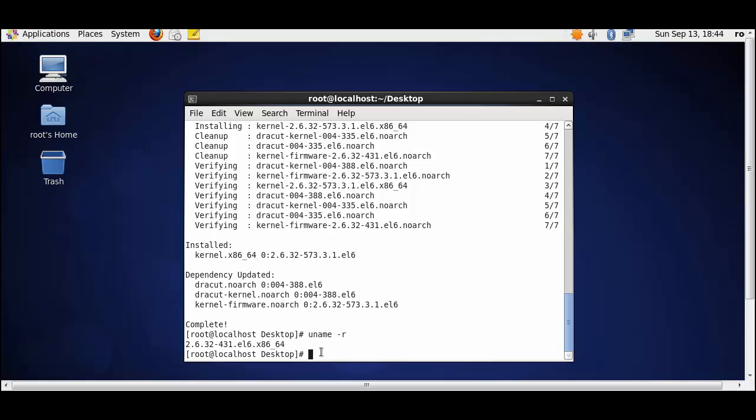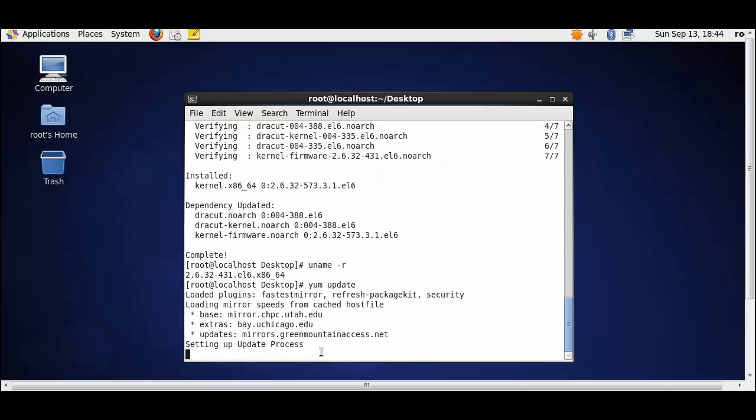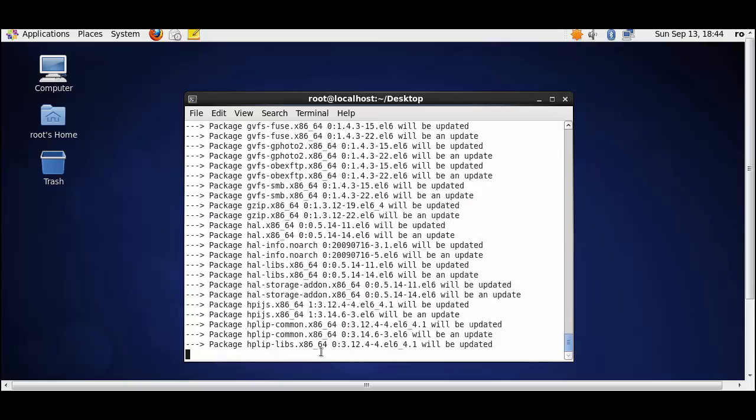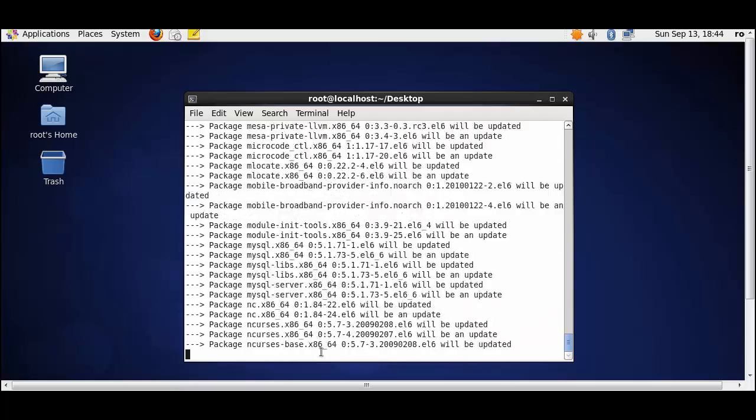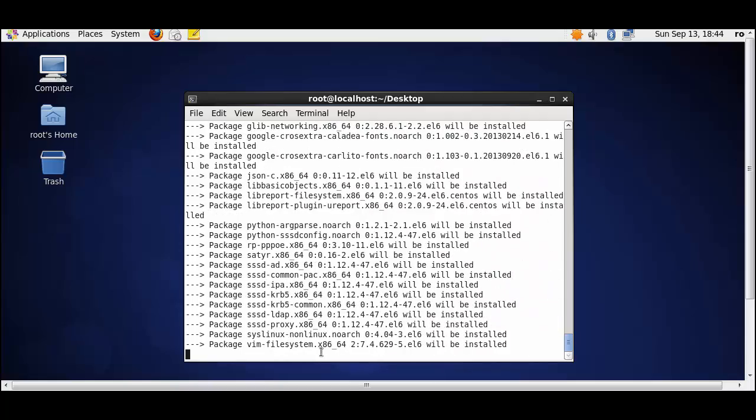So now, another thing that we definitely want to do is we're going to do a yum update. We want to update the yum repository database local to our system. Now, that does not mean we have to install everything, but at least we want to have that updated. Another thing that's very important,